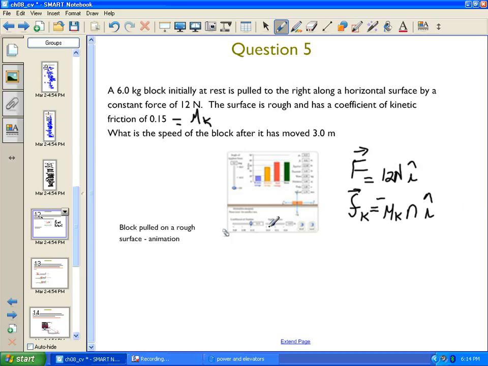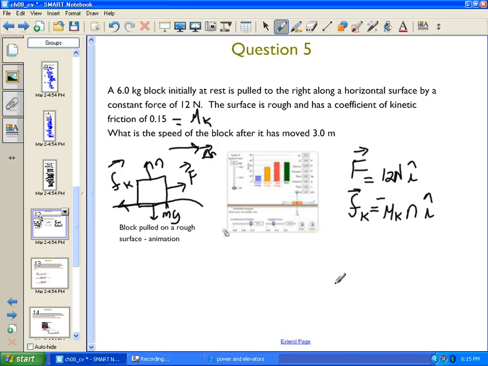Okay, now we seem to have lost a diagram here, so let's go ahead and see if we can draw our block on the horizontal surface. It's going to have the force of gravity acting on it, mg. There will be the force of support from the surface, N, the normal force. The pulling force is F in the direction of motion, which we will take to be delta R, in other words, to the right, and friction to the left,